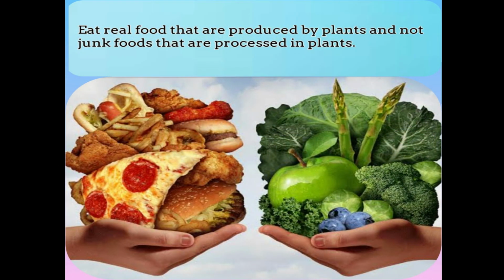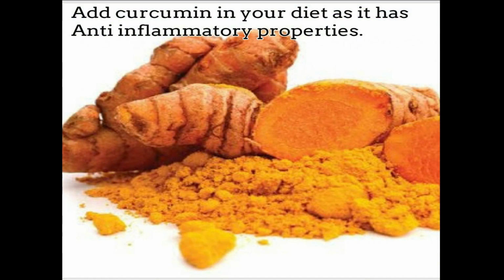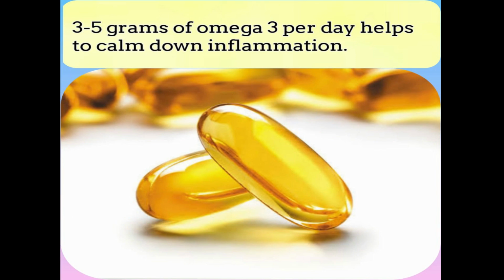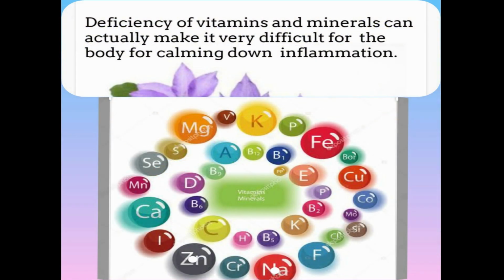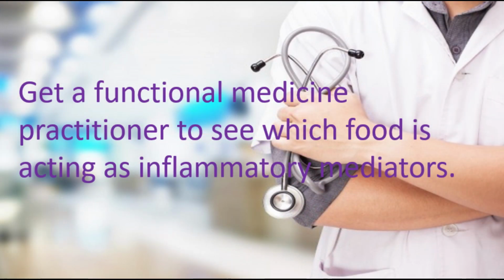Food we eat should come from the ground. Eat free-range organic chicken. Include curcumin as it is anti-inflammatory. Also, high doses of omega-3 fish oil. A dosage of 3 to 5 grams per day is also helpful in calming inflammation. Test yourself for nutritional levels, as deficiency of vitamins and minerals can actually make it very hard for your body to put out fires. To calm down inflammation, get a functional medicine practitioner to see which food is acting as